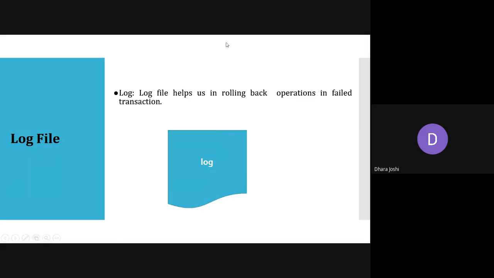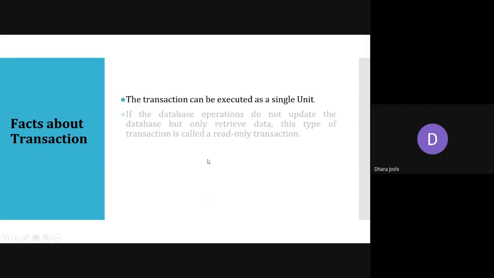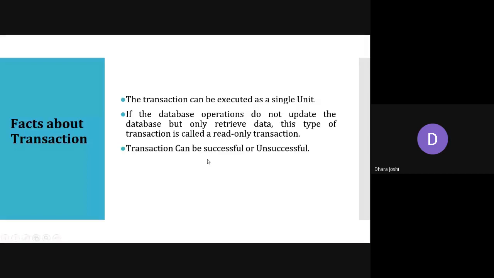So we are rolling back the operations of the failed transaction. For that, the log file will help us. A transaction can be either successful, and we say it is committed, or if it is unsuccessful, then you call it aborted.